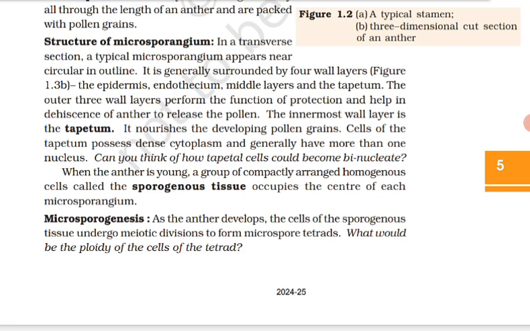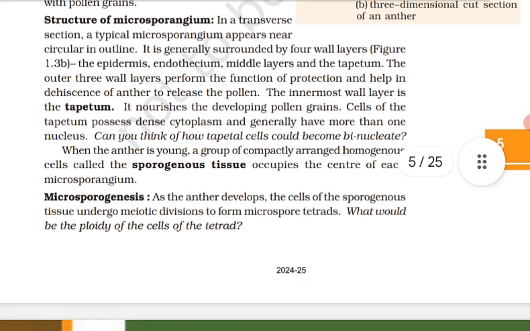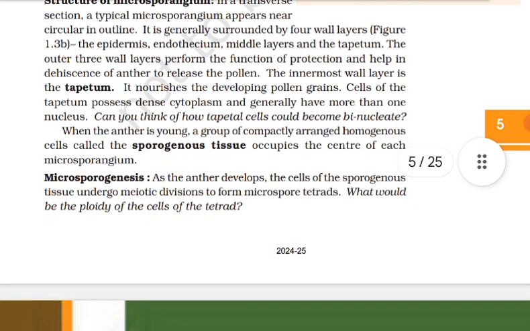ठीक है, किस किस से सराउंडेड होता है? फोर लेयर होती है, एपिडर्मिस, एंडोथीशियम, मिडिल लेयर एंड द टैपेटम. ठीक है, क्लियर है? हो गया माइंड में सेट? ठीक है,